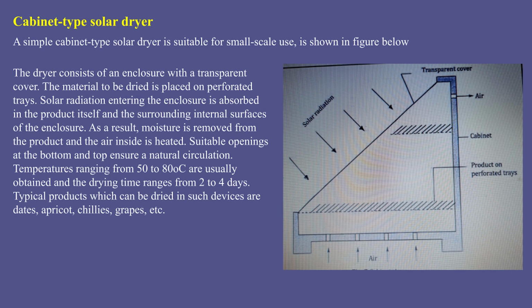The solar radiation entering the enclosure is absorbed in the product itself and the surrounding internal surfaces of the enclosure. As a result, moisture is removed from the product and the air inside is heated. Suitable openings at the bottom and top ensure natural circulation. Temperatures ranging from 50 degrees to 80 degrees Celsius are usually obtained, and the drying time ranges from 2 to